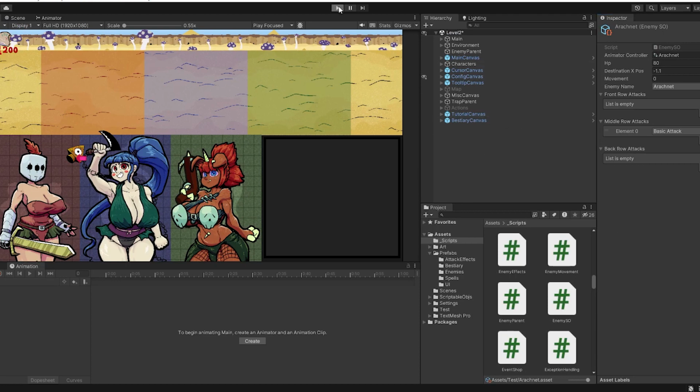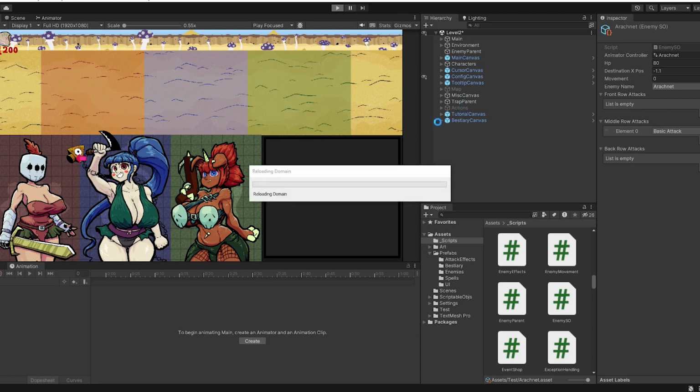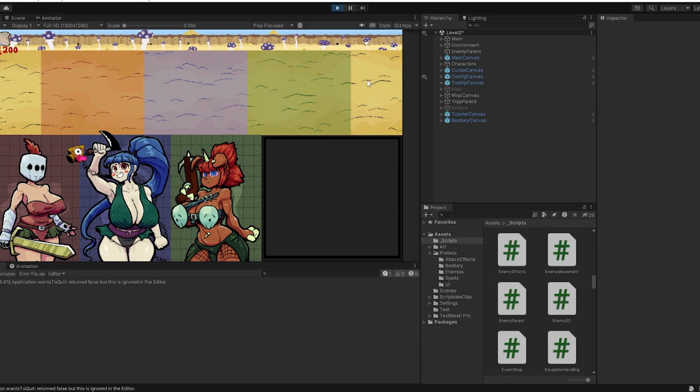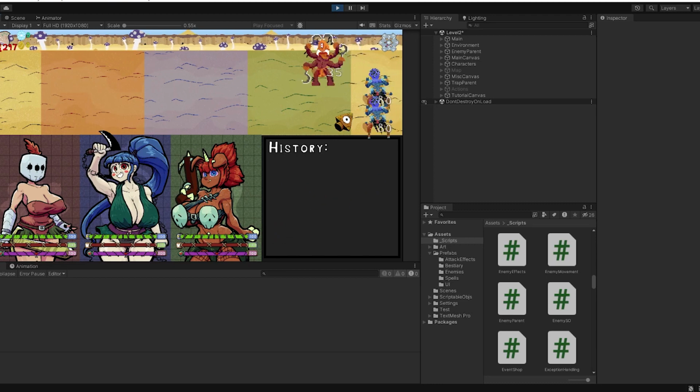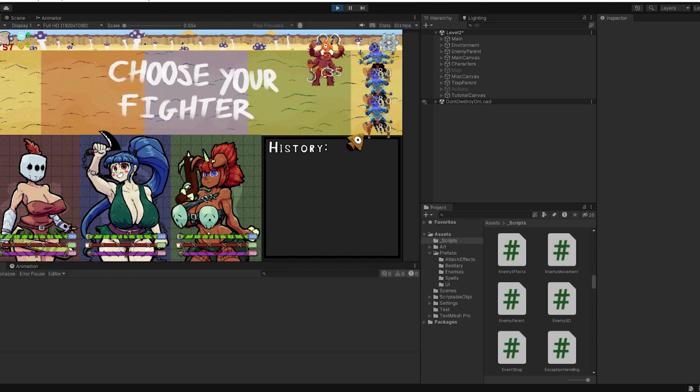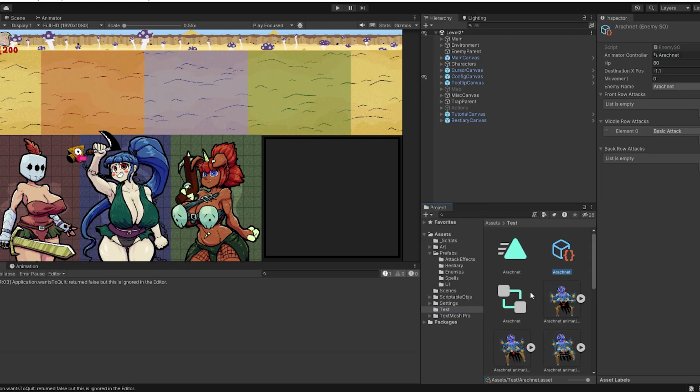So if we just start the game, let's see if it's working quite well or not. Okay, let's just skip this initial part and let's see if the enemy... So one other thing that I didn't put was the movement. So we can have it having 0 movement, which means it will not move. So the boulder enemy is like that, or you can have an enemy moving 2 units. But in this case, we'll just use 1. So if everything is correct now,